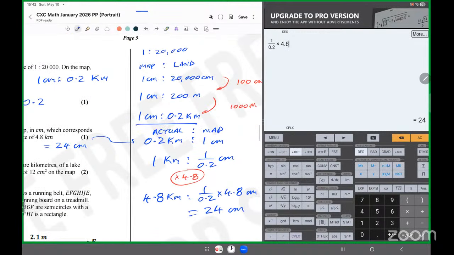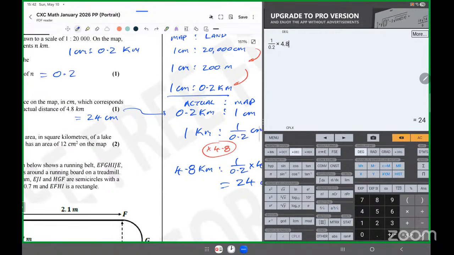That's not the only way to do it, guys, but that is it. I'm going to build up this number until we reach 4.8. Let's multiply it up until we reach 4.8. I could say, what number do I need to multiply this by for it to become 4.8? And that will be 24. Get me? All right. Anyway you want to do it. Next part now says,